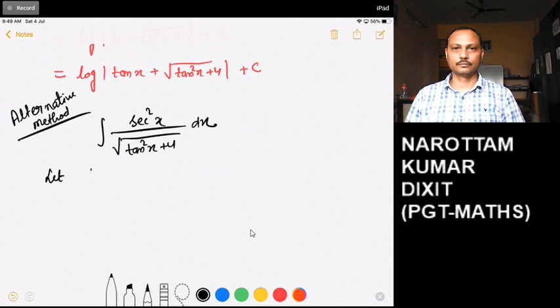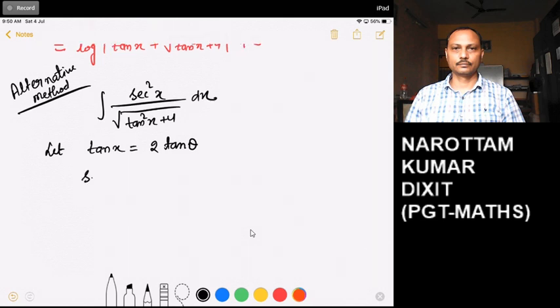Here we can take tan x is equals to 2 tan theta. Then the derivative of tan x is sec square x dx, that is equals to 2 times of sec square theta d theta. Substitute these values,